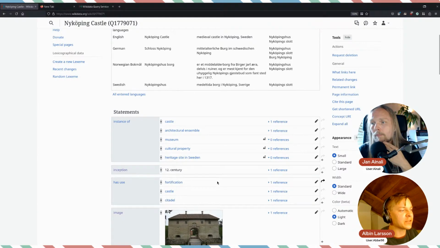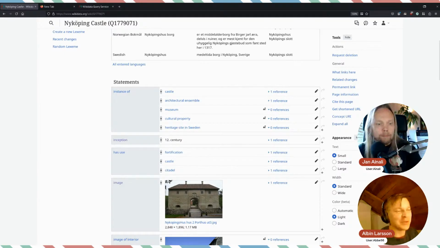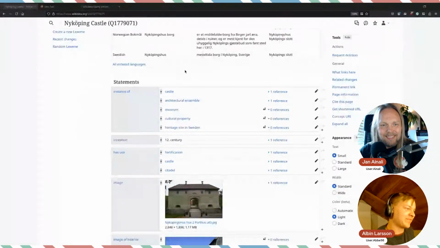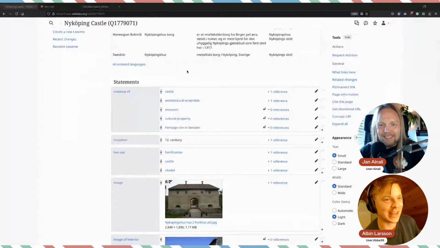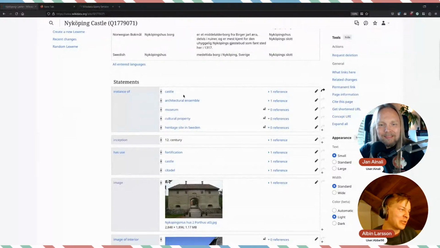I also happen to love this example because it says this has use: fortification, castle, citadel. And I think those should get a couple of dates on them, because that's not its use today. It would be quite terrible, I think. Maybe as a castle, it still has that use, whatever that use is. How that's defined, I don't know. But